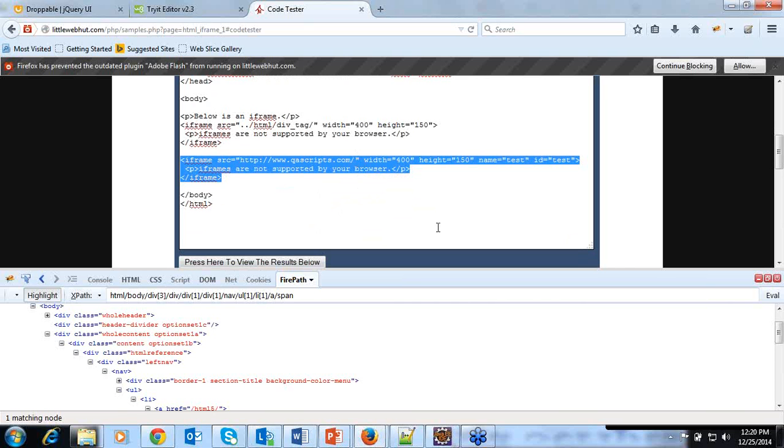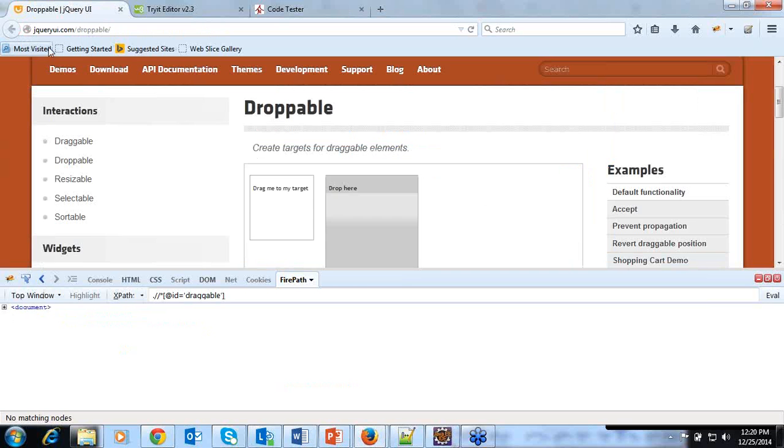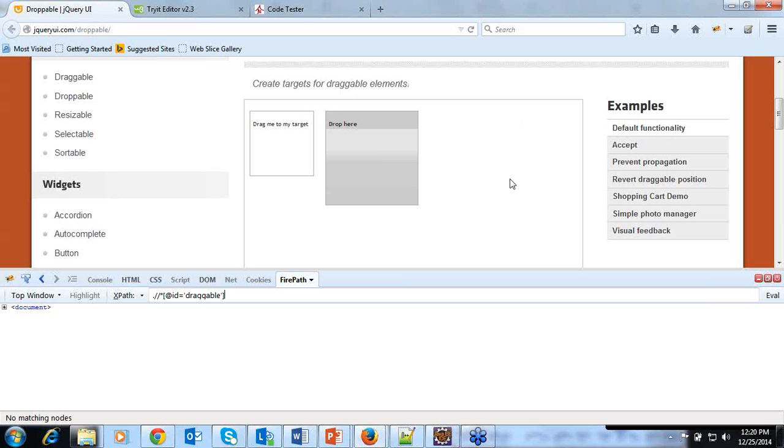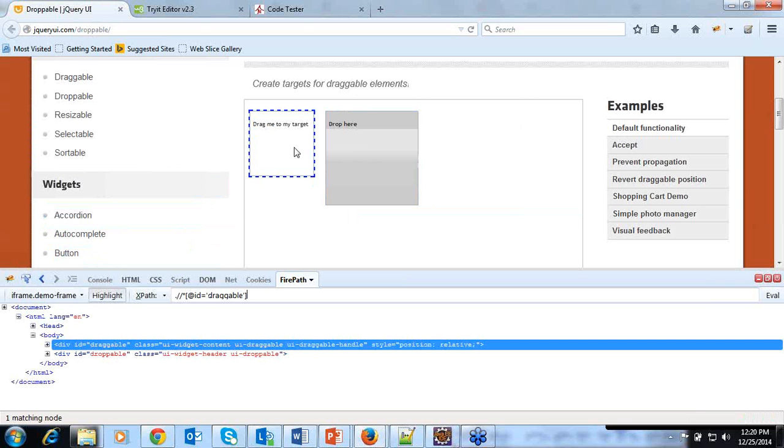Now let us use our website. There is a website called jQueryui.com. There we have this particular window. If I try to identify any elements which are present in this sub window, it is getting identified by ID. As I explained, if I directly go and use this ID, it will not work because it's inside the frame. How do you know it's inside the frame?